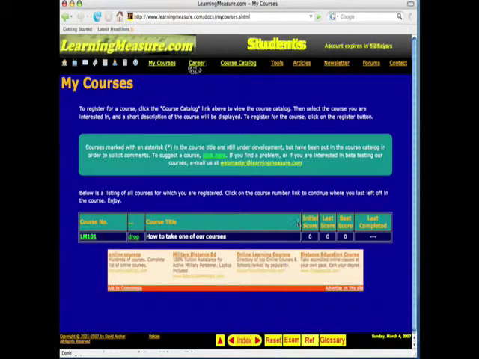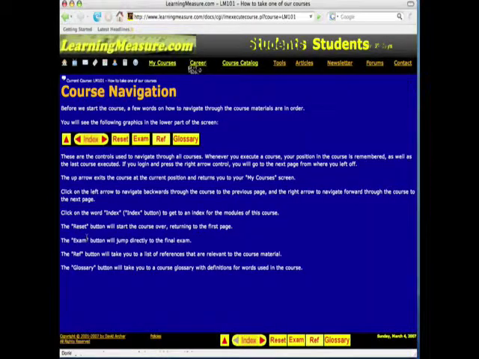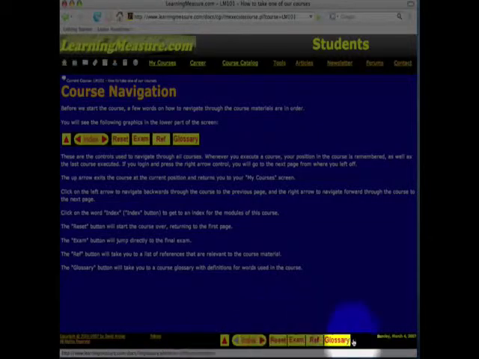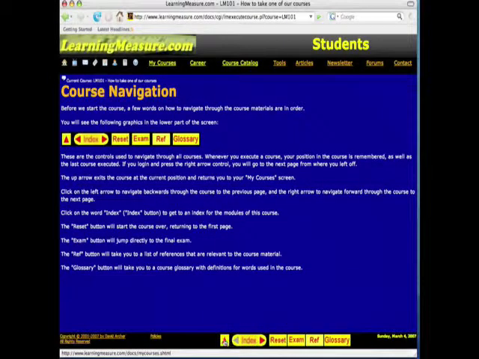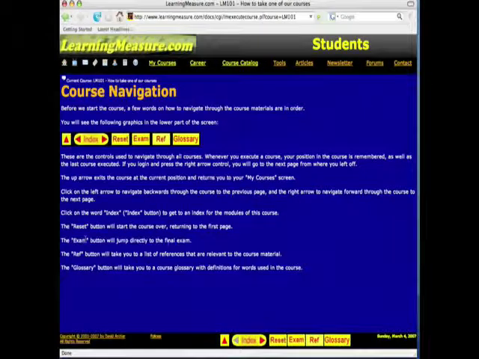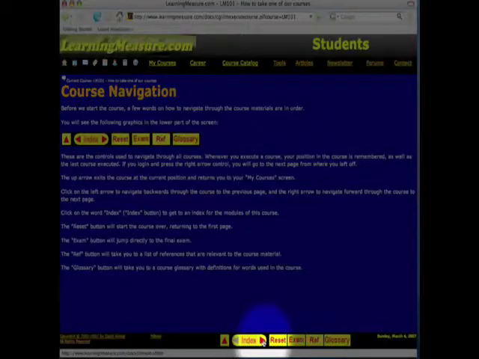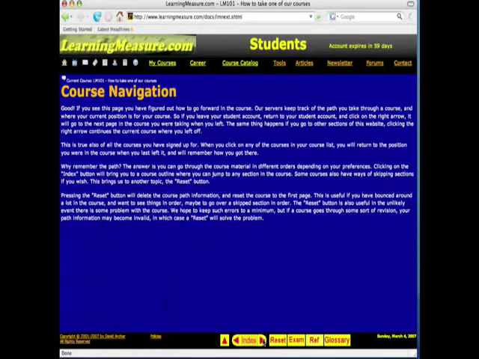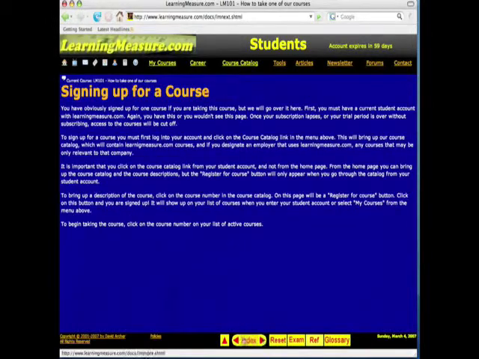There it is again. From here, to start taking the course, click on the course number. There'll be more here. You just click on whatever one you want to take, and it starts with this. The first screen on all the courses tells you a little bit about how to navigate the course. The course navigation is done through the buttons at the bottom of the screen. This upward arrow returns you back to the My Courses page. Go back to the course. This right arrow here moves you forward through the course. This left arrow here moves you backwards through the course.